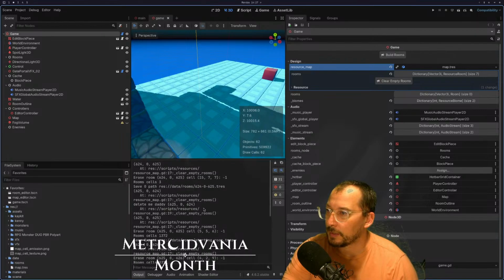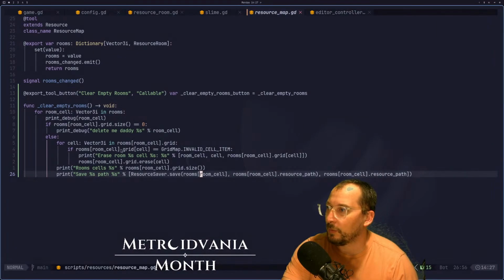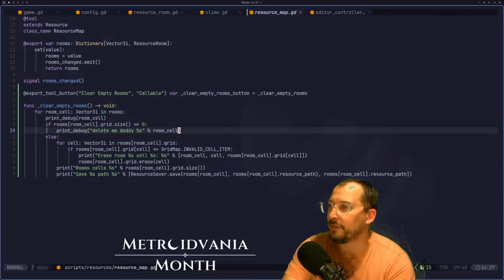Okay. It's weird. It like only is doing one at a time. Okay, so if the delete me daddies are firing, then we have to save the resource map, and particularly we